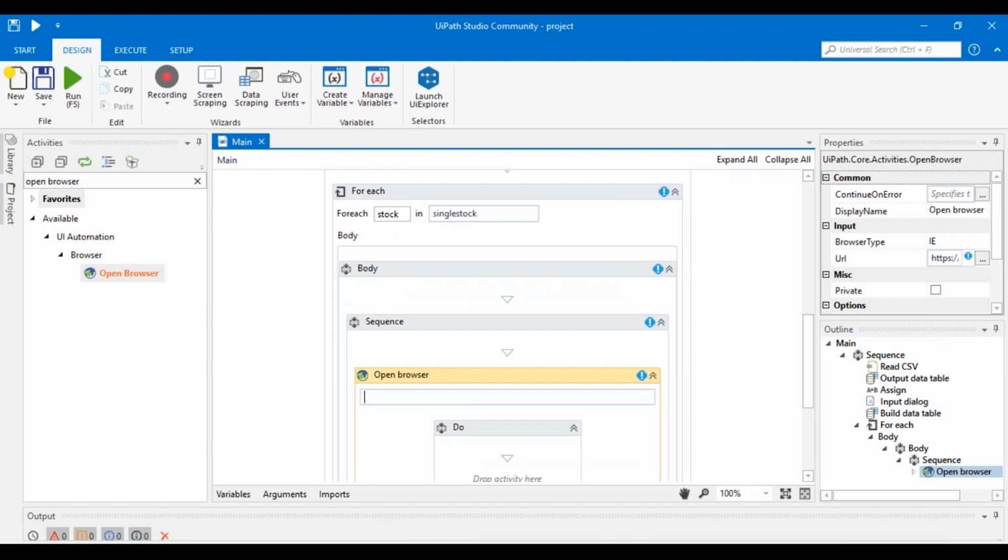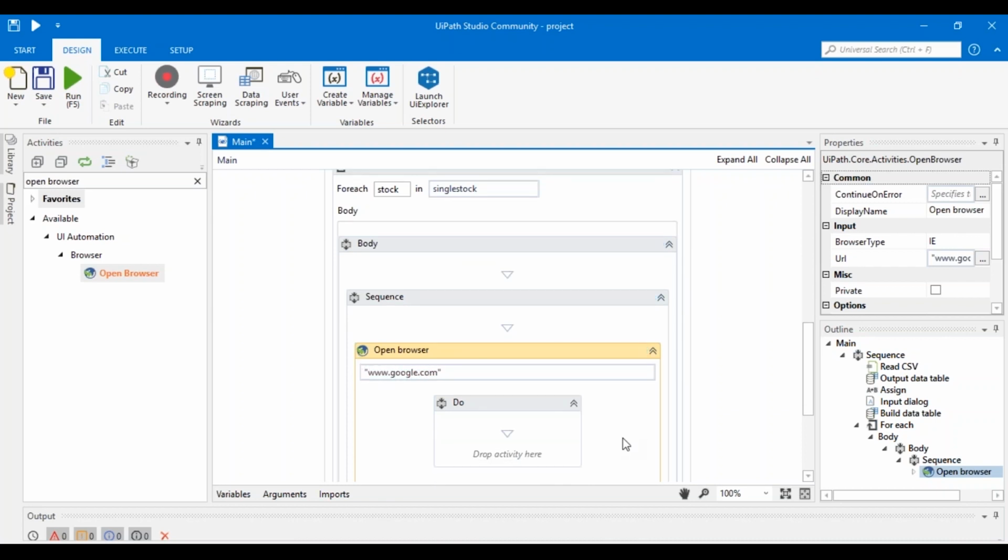So suppose I want to scrape the data from google.com, I'll mention the URL of Google, right? So let's just include it in double quotes. And then in the Do section of the Open Browser, you have to include the delay. Sometimes there could be a delay caused by network issues, right? It's very common. So for that, let's search in the search bar for delay and then drag and drop it